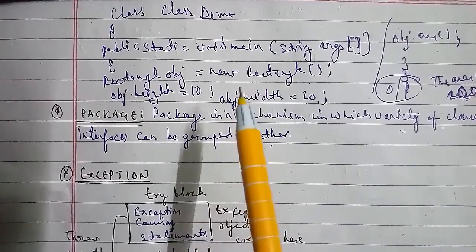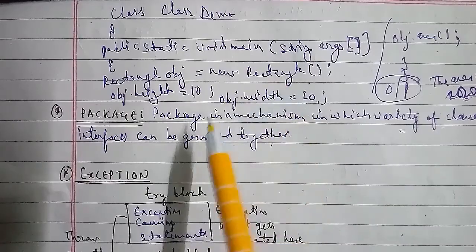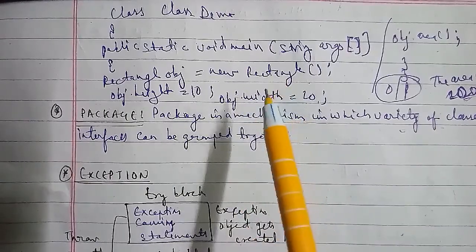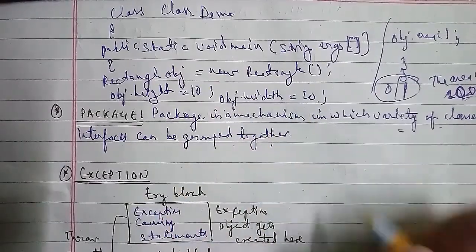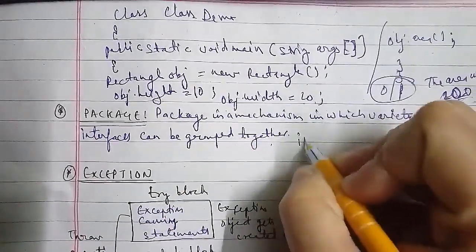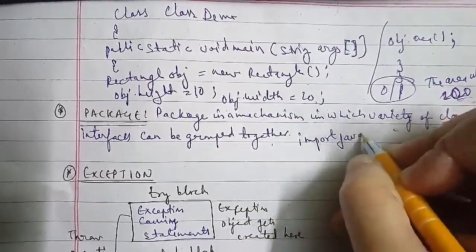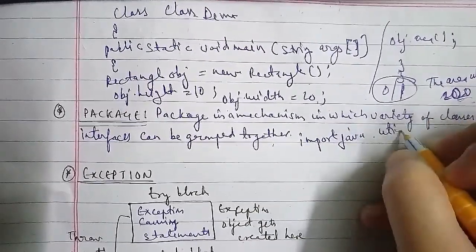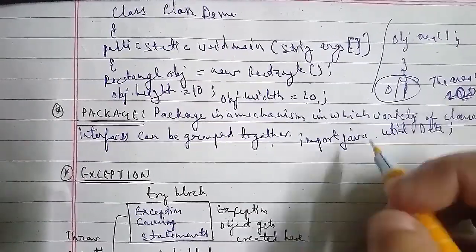Method 2 is for situations in which we want to make use of several classes stored in the package. Then we can write it as import java.util.*. Here the asterisk sign means any class in the corresponding package. Now we'll discuss the methods of defining interfaces, and how we are defining the interfaces.